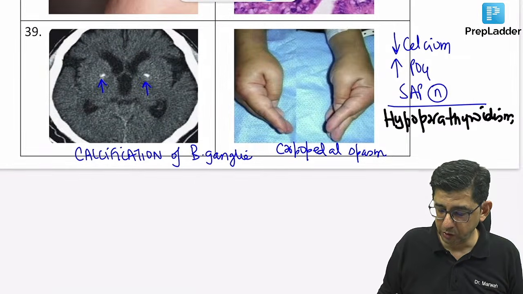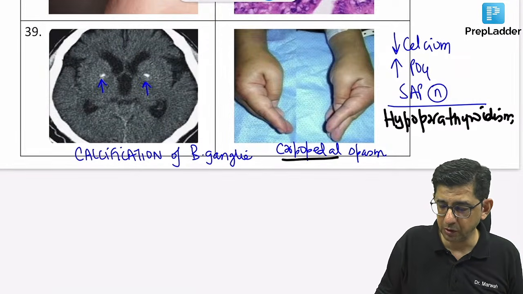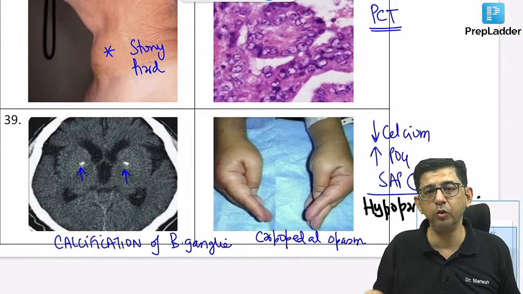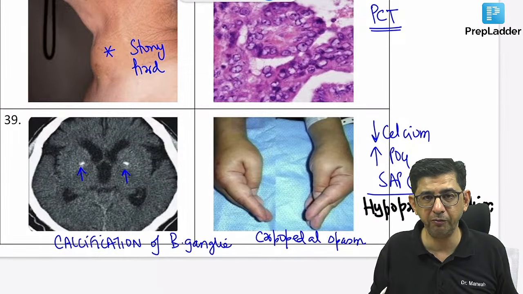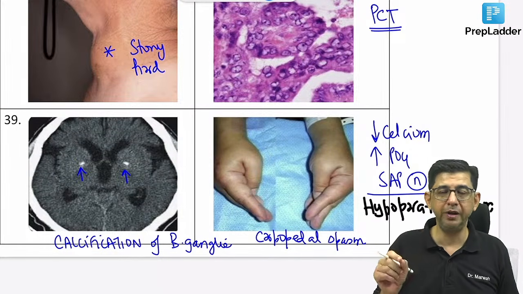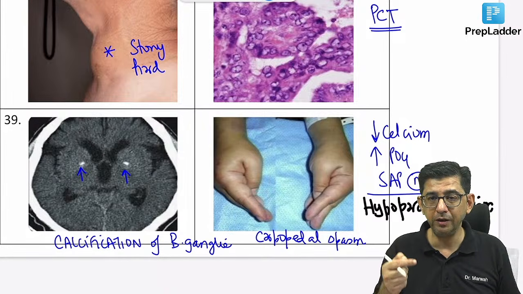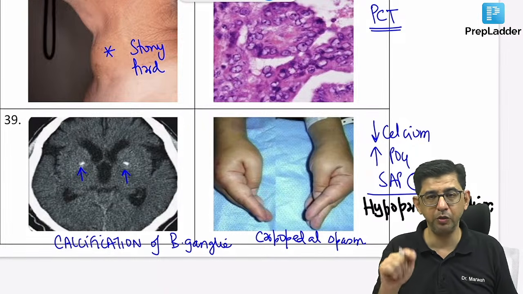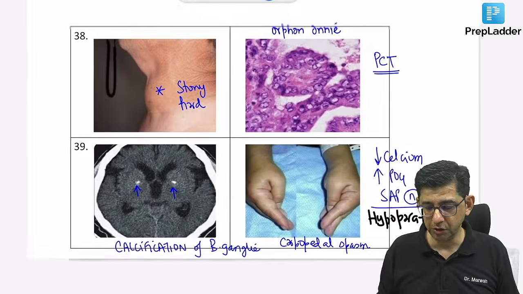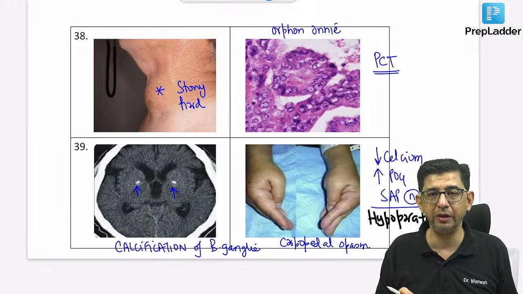The first thing you are supposed to note in this question is that some questions are going to be super easy, like that orphan Annie nucleus, which you have read multiple times. So one question you will attempt is super easy. The next question will make you think. You need to develop the skill of saving time in a question so that you can attempt the next one. These two questions were put together to sensitize you to the fact that some questions are going